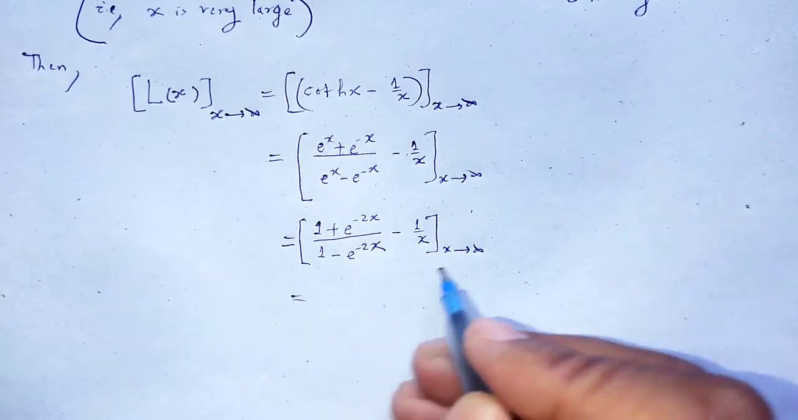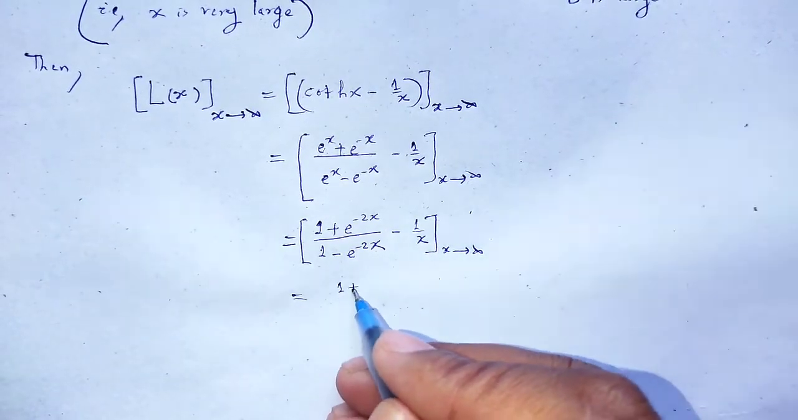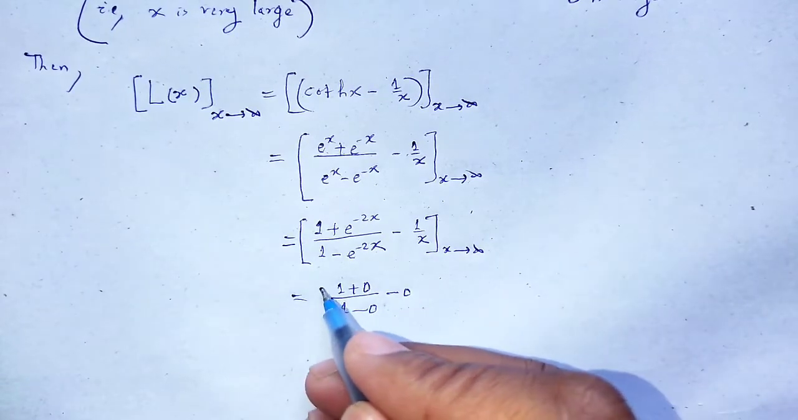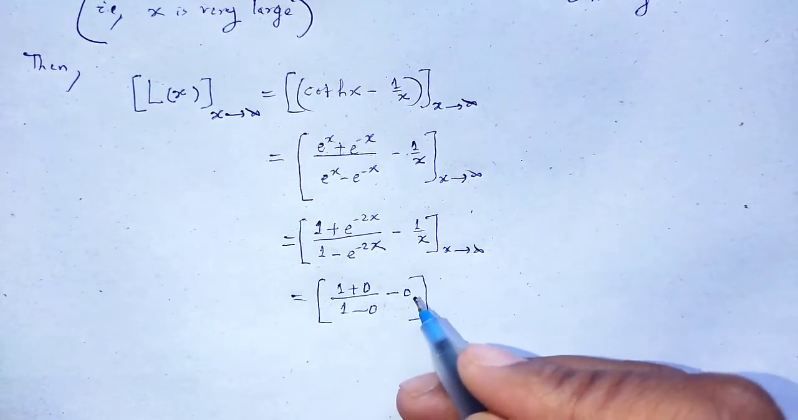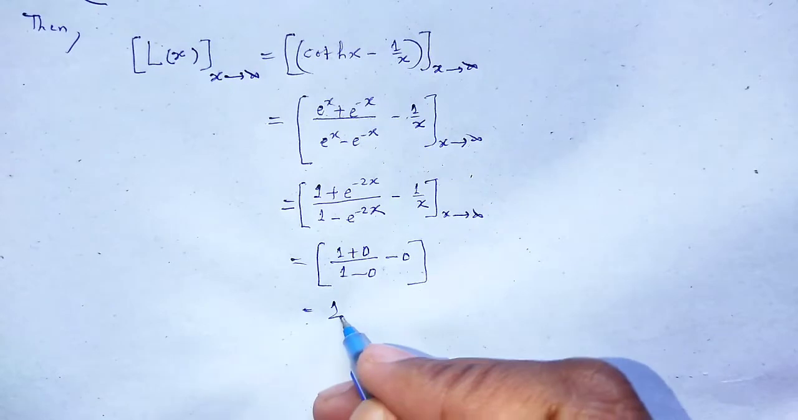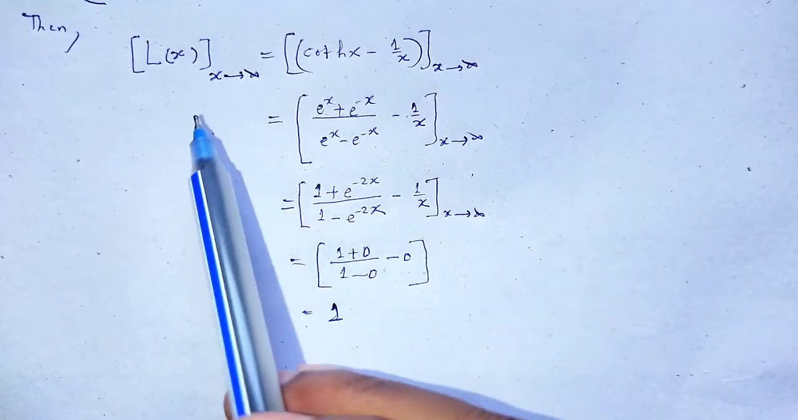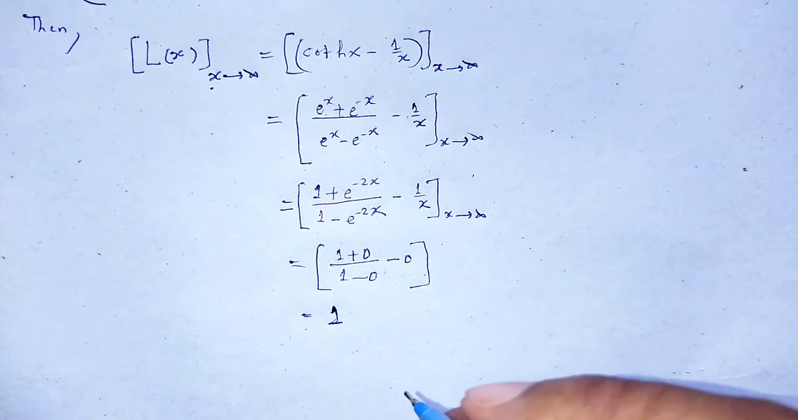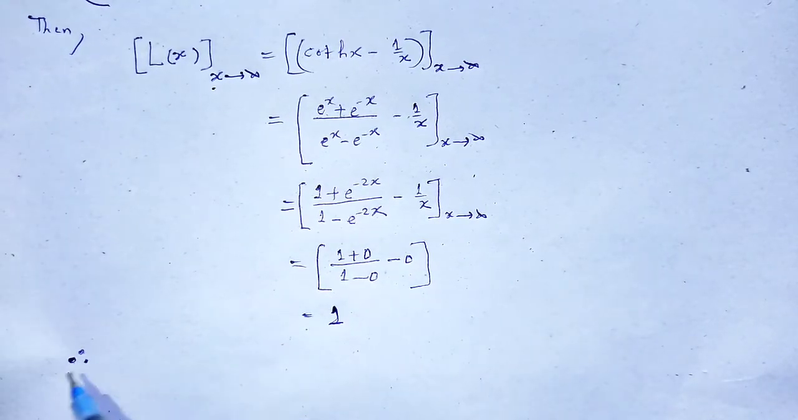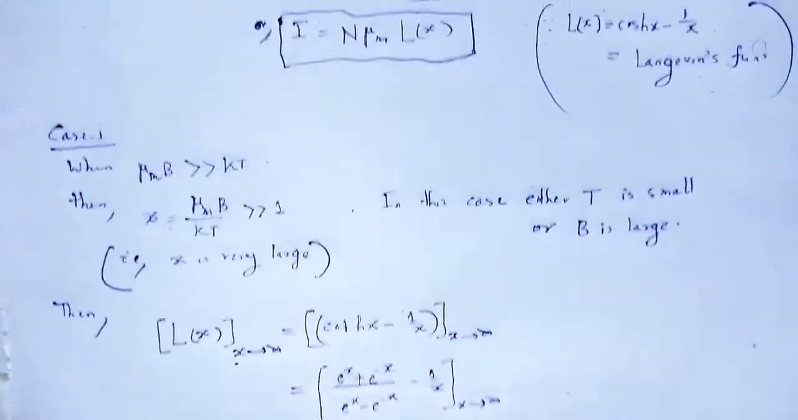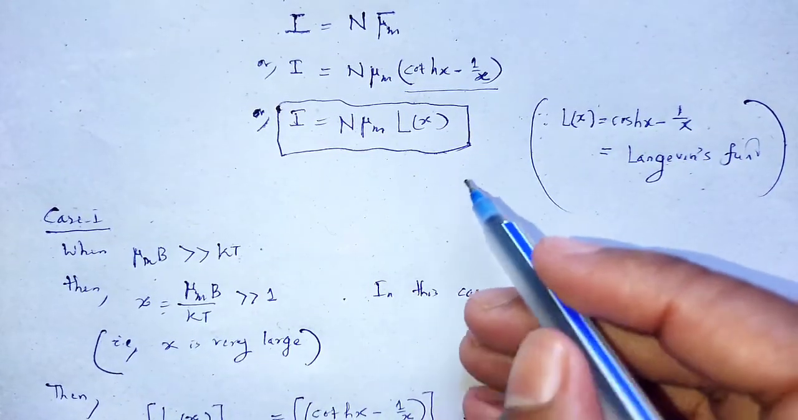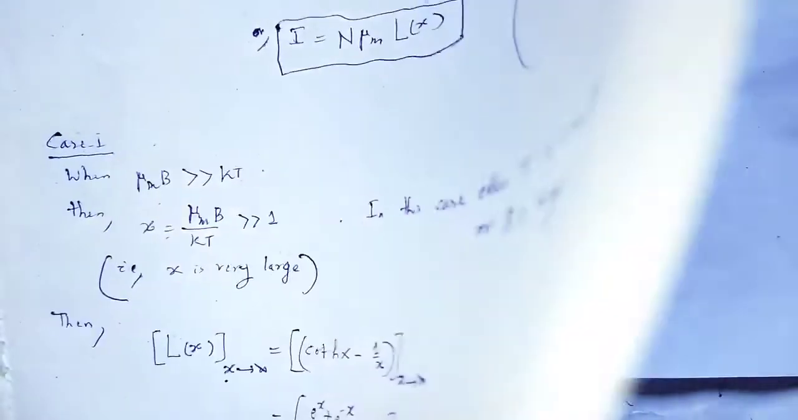Now, evaluate at x tends to infinity, that is (1 plus 0) divided by (1 minus 0 minus 0), and finally that result will be 1. So, the Langevin function at x equal to infinity is equal to 1. Therefore, when we put that value in that particular expression, we obtain,